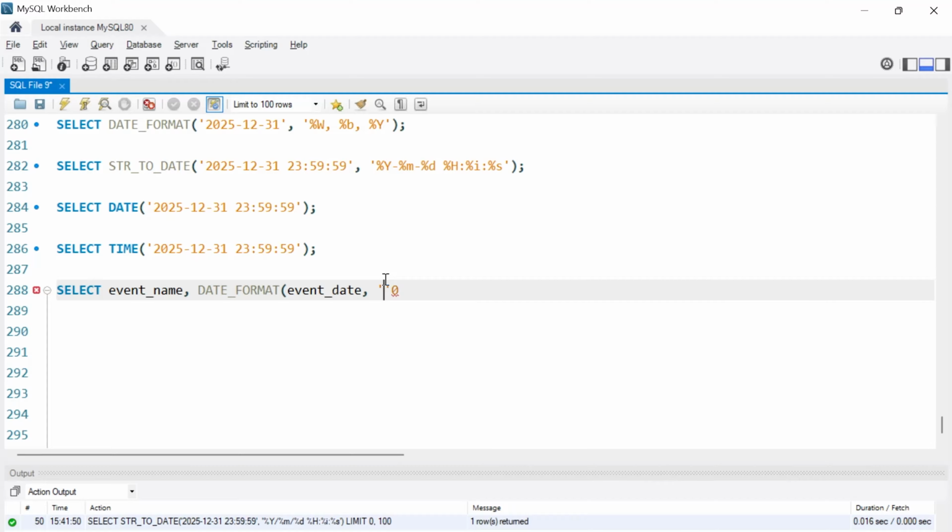like percent capital W, comma, then percent capital M, comma, then percent small d, and then percent capital Y to get the year in 4 digits. As I am naming this event_date_formatted, okay, comma, the